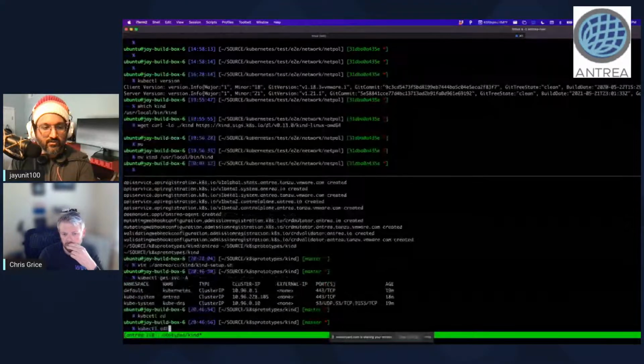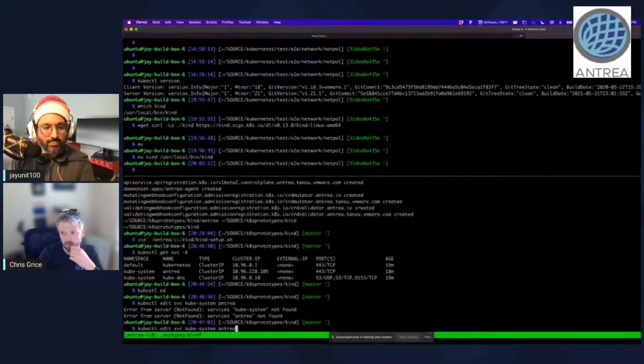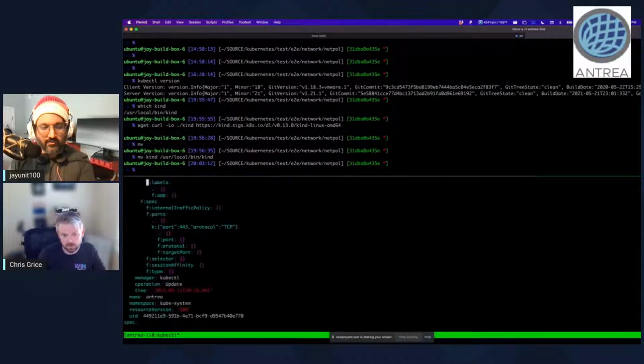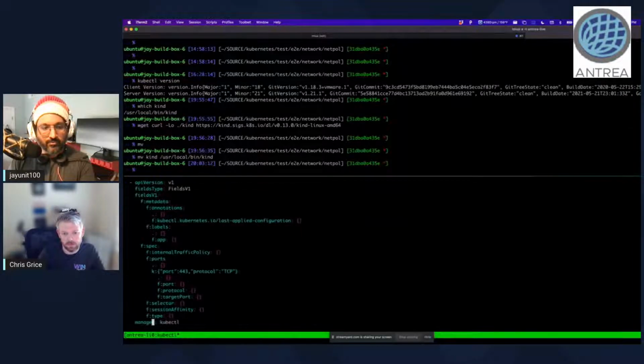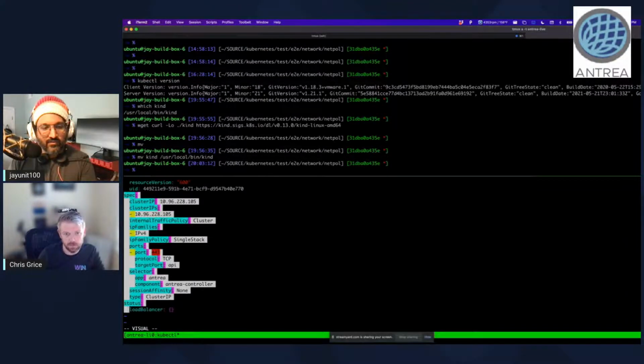kubectl edit service kube-system. Okay, so let's... okay. So I've got this service here, and I guess the point being made is that if any of these fields change, we don't want to have to change the way our